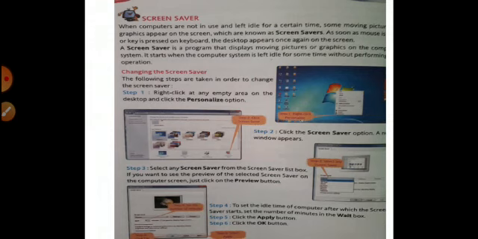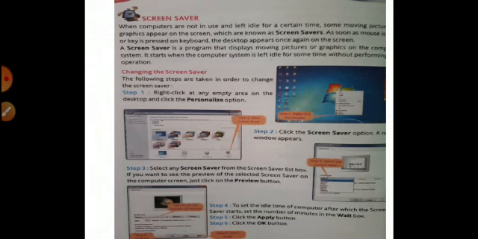Understood, dear students? So first of all, what is a screensaver? The screensaver is the screen that appears when we leave the computer idle for a certain time. And secondly, what we have studied is how to change the screensaver. Just right click on the empty area and select the personalize option.